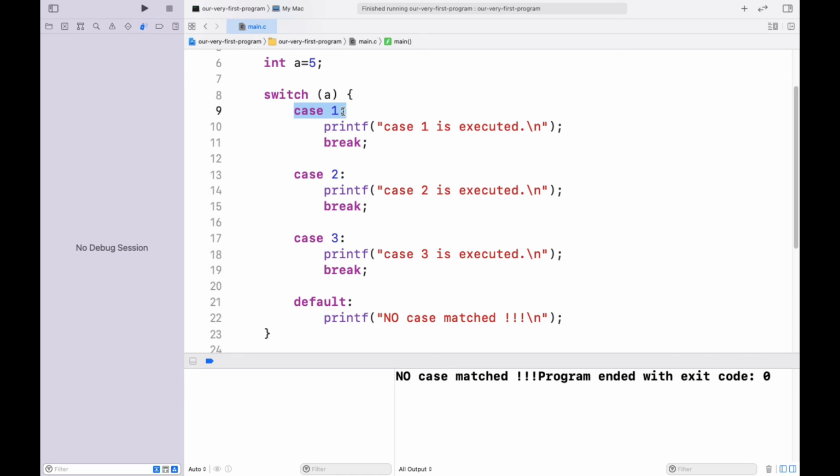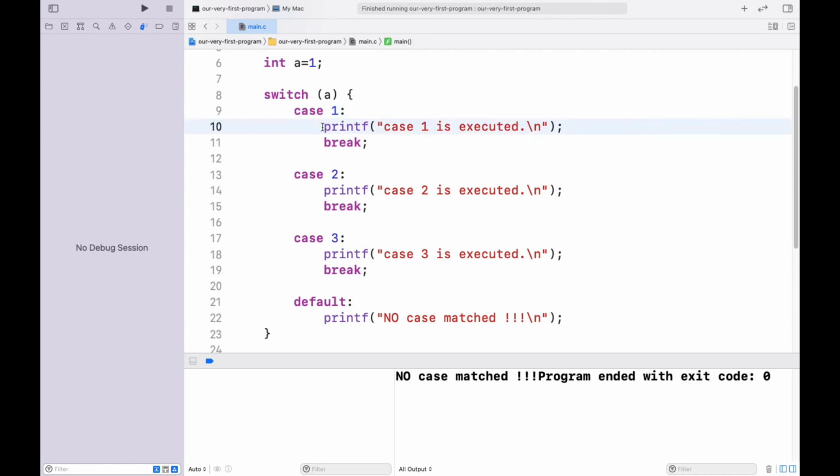And if you are not going to apply break, then what is going to happen? If suppose case 1 is matching with the value of A, and we have the value of 1 with A, it is going to see yes, it is matching case 1.